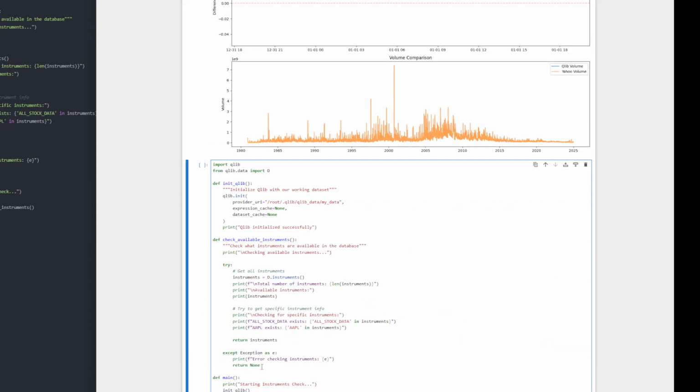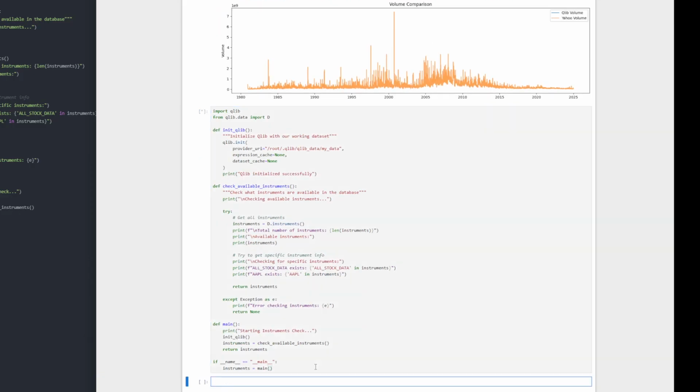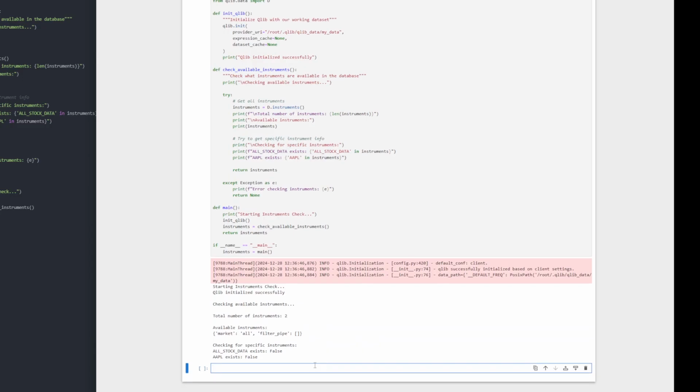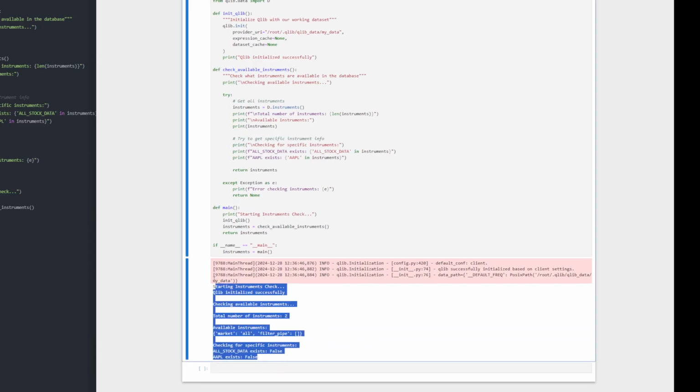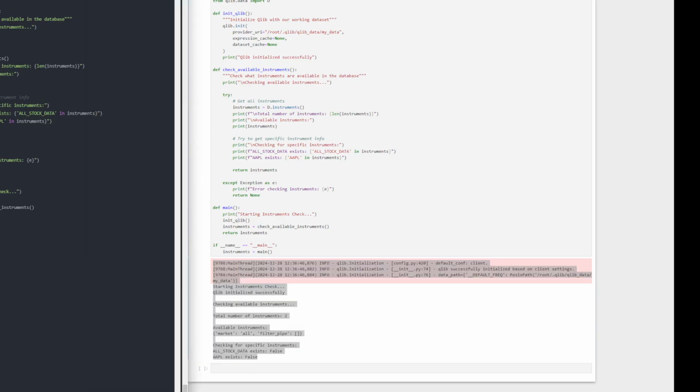So just getting used to working in these cells. It's a little different. I think you can only do so many before you have to kind of start a new notebook, unless it just crashed on me last time maybe. All right, so I'll just give it the output of that. So